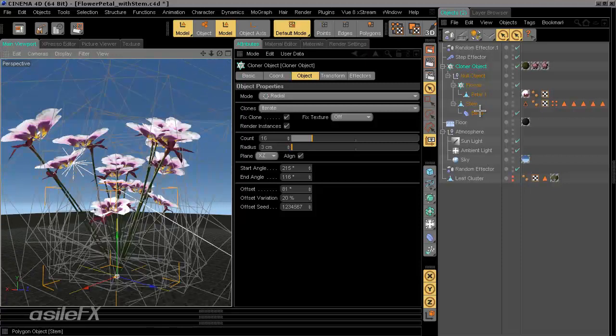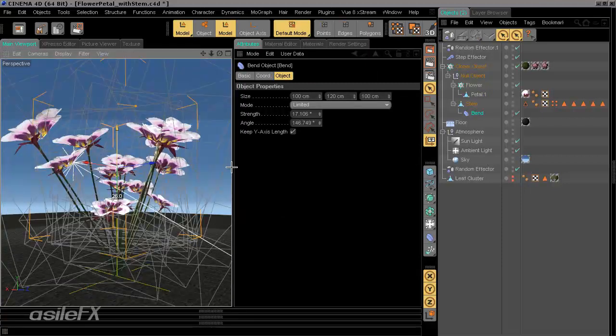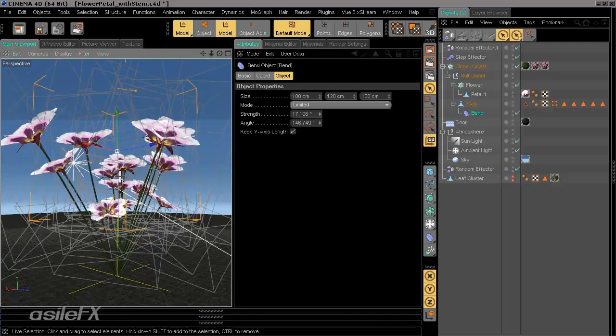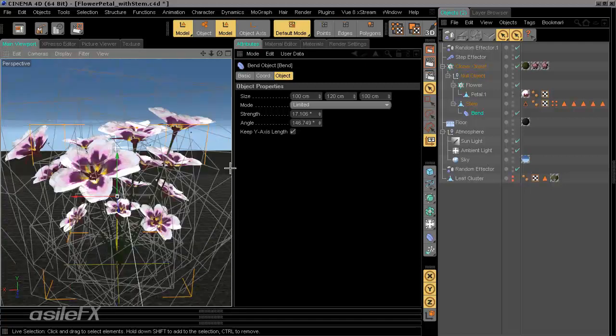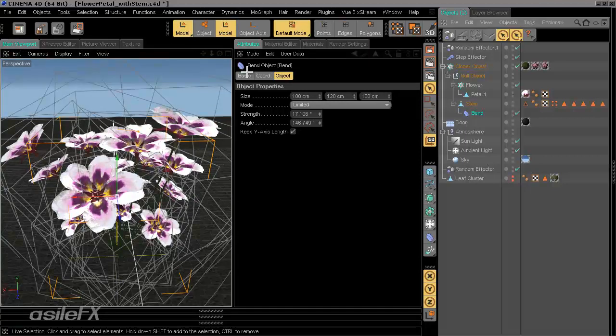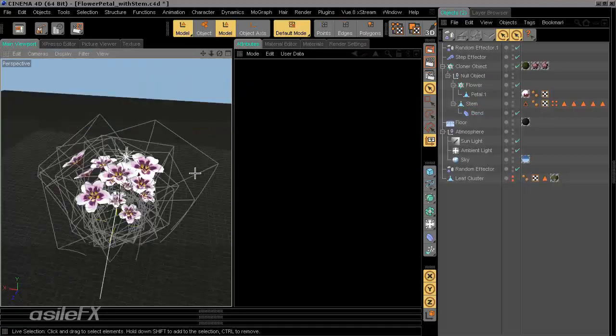We can also adjust the bend object and pull it up a little more or down to spread out the object a little bit if needed. There's also the falloff options that can still be set. So quite a bit we can do with that. I'm going to go ahead and save this out,